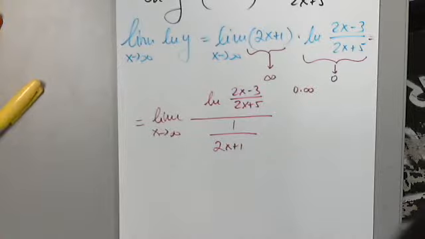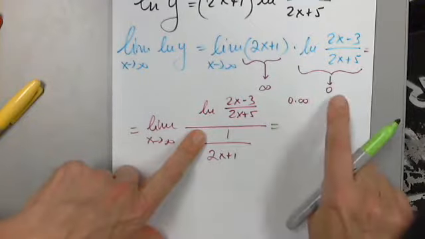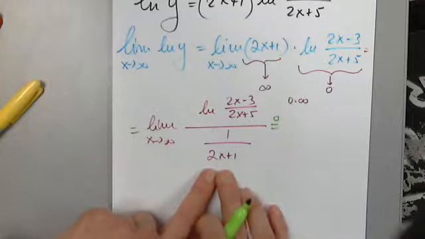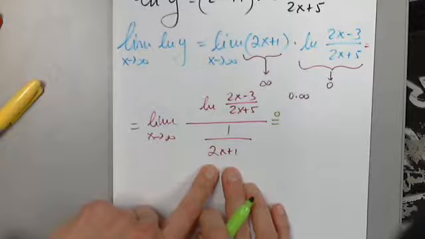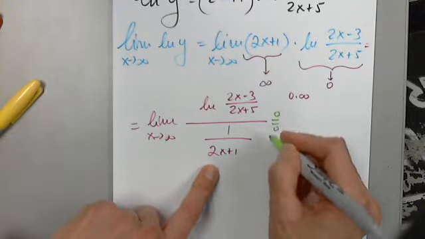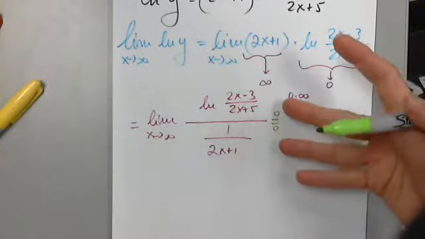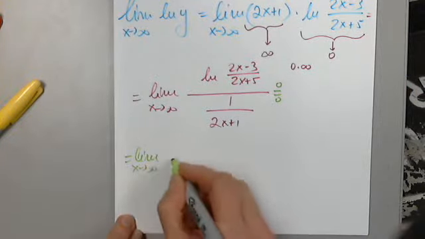Okay. I test again. This is very clear, right? I don't have to test again this because I already have the answer 0. What about this? Where does this go? If it doesn't go to 0, then I'm not on the right track. It goes to 0 because it's 1 over, it's type 2, right? Type 2 meaning the horizontal asymptote must be 0 as x approaches infinity. Okay, now I'm in business. It's a limit, it's a ratio, it's 0 over 0. What do I do? Yes, apply L'Hopital's rule.